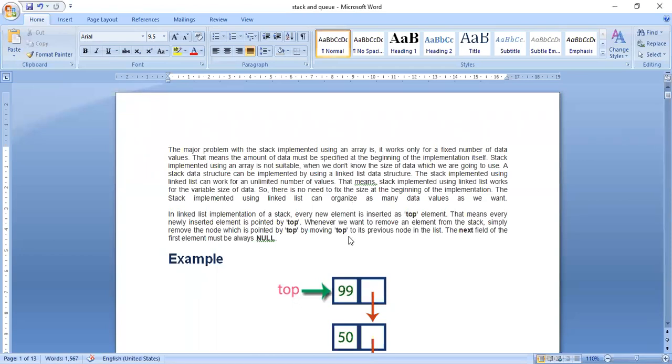So now we discuss that one. Why are we discussing these whole things, insertions and deletions, insertion at different parts, deletion at different parts? To implement any data structure: a stack, a queue, a tree, a graph. There are a number of data structures, linear and non-linear. To implement all these linear and non-linear data structures, there is an option of using an array. There is an option of using a linked list.